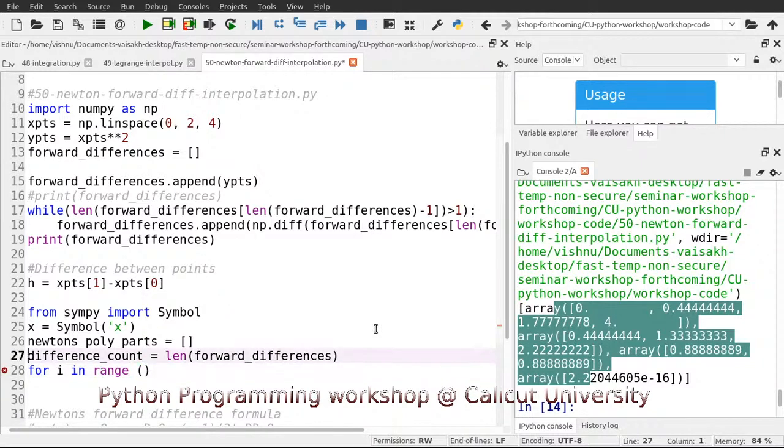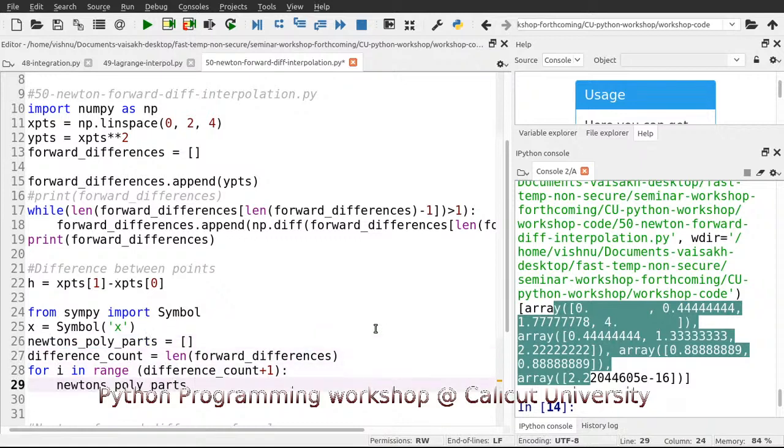Let us take it to be the difference count plus 1, which is probably required because we need to count up to it, let us take it anyway. What should we do? P into p minus 1 into p minus 2. Initially we need to take just p alone. The first one is not even p. The first one is actually